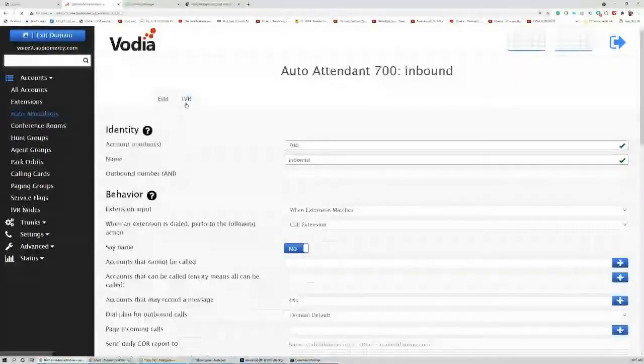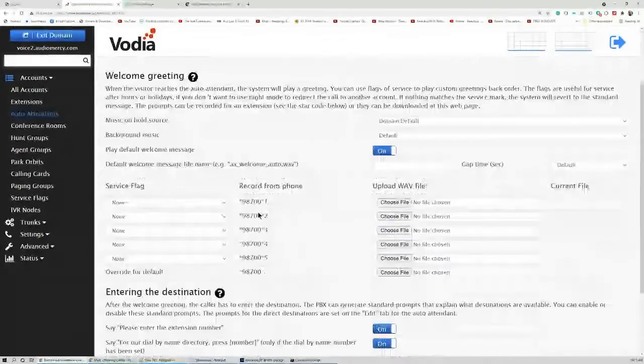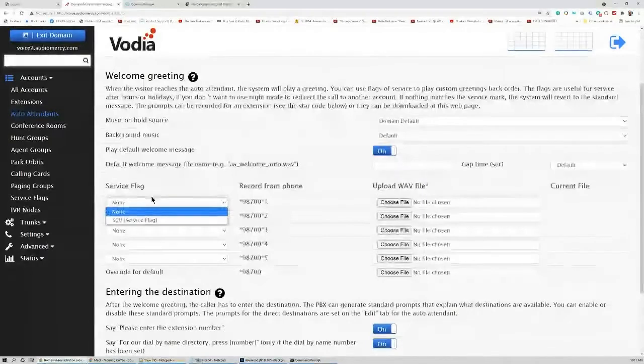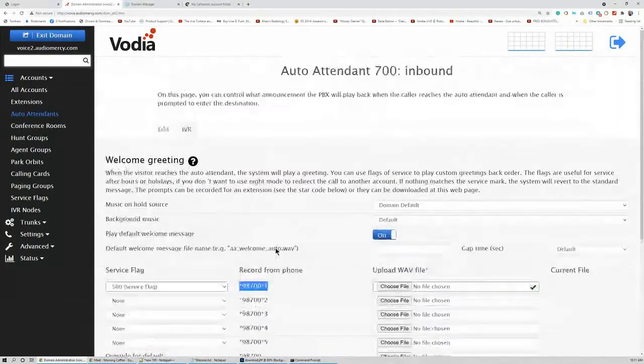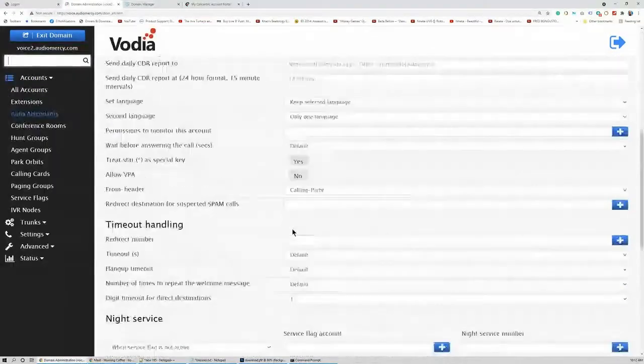However, if you want to get a little granular, you can also take this service flag you created here, and then create an automatic message here. So you can dial *998-700-1 for the first message, or you can upload a message. And this message can simply say you've called after hours. Please leave your name, number, message, etc. And that would be used for that. So when the service flag is activated, they will hear this message, and then Vodia will redirect the call